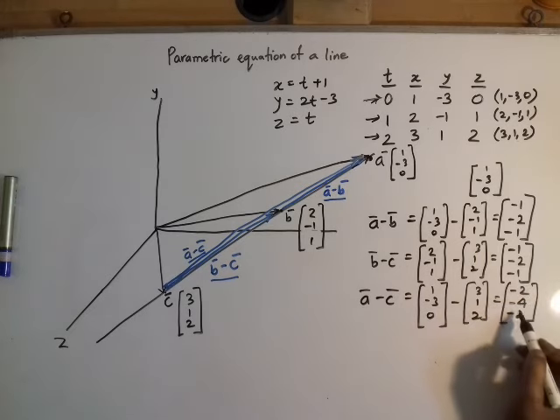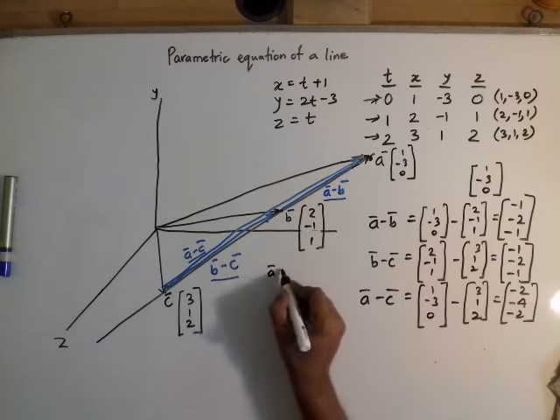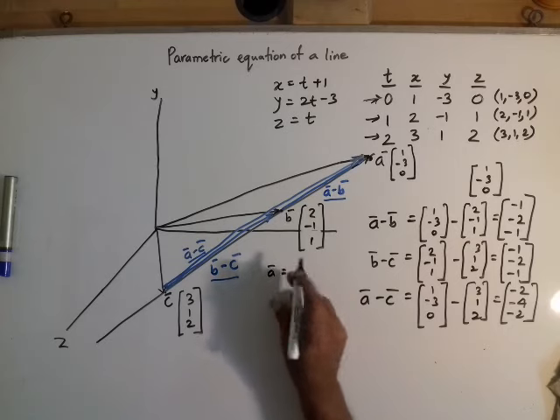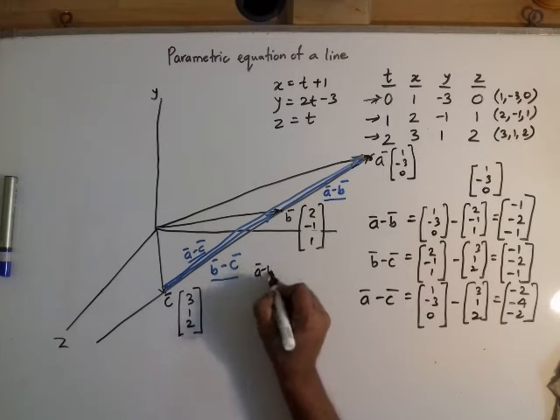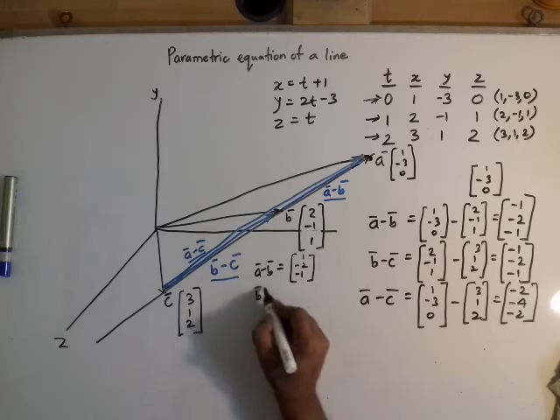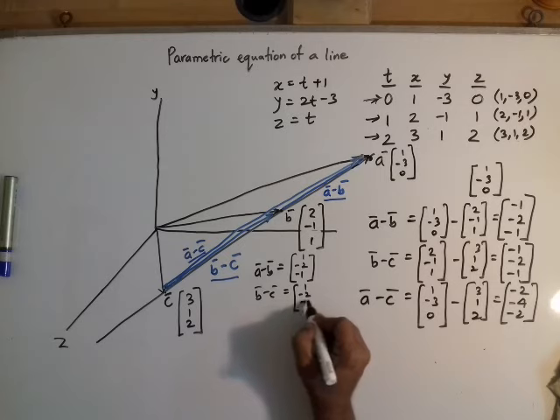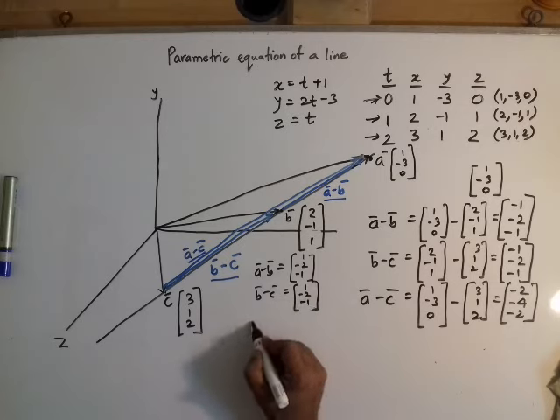Okay, look at this. I think we spent enough time discussing collinear vectors, right? So what you really have is, and I think this is obvious to you by now, but I'll just rub it in. Okay, we have a first vector A minus B, which is equal to minus 1, minus 2, minus 1. We have B minus C, which is equal to this same vector, minus 1, minus 2, minus 1, and we have A minus